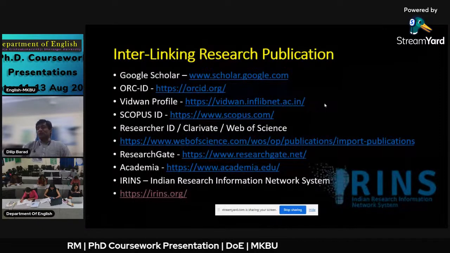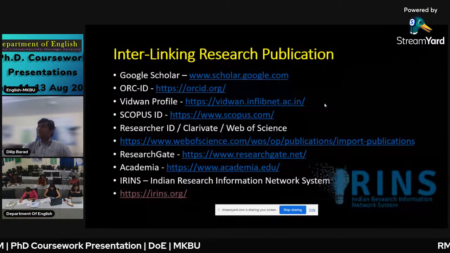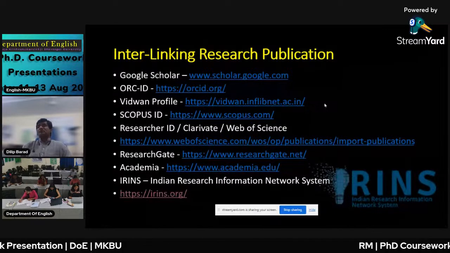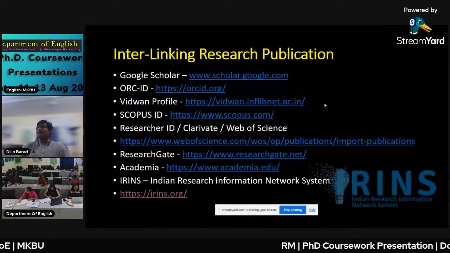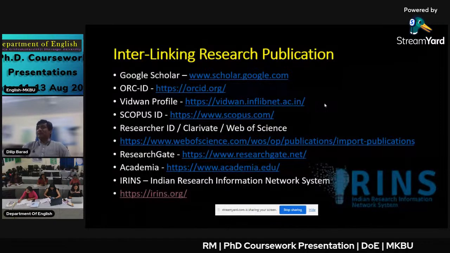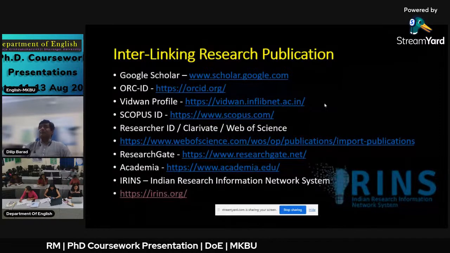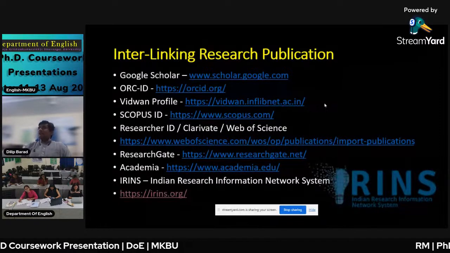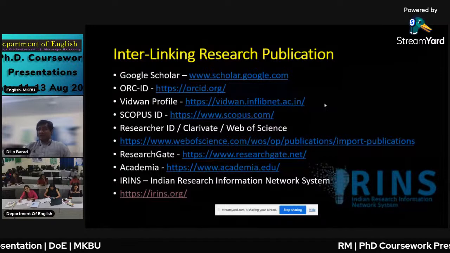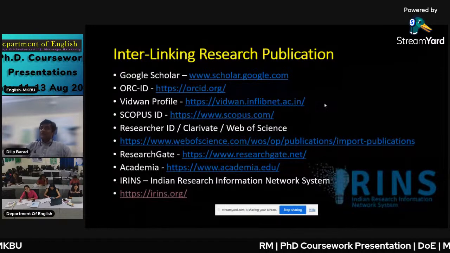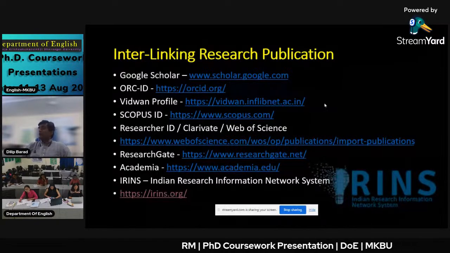Collaborative work you can do among research scholars, and with supervisors, or with whomever's help you take. Once you get it, you will get your ID also. Researcher ID or Clarivate Web of Science ID you can get from the link given, webofscience.com. That also you collect by tomorrow.